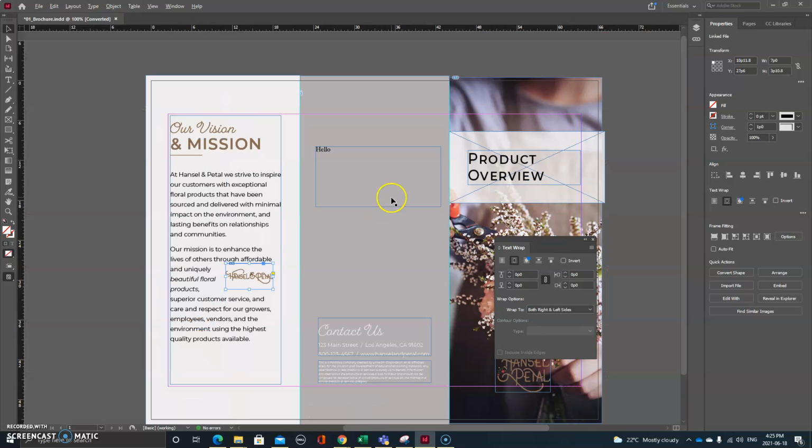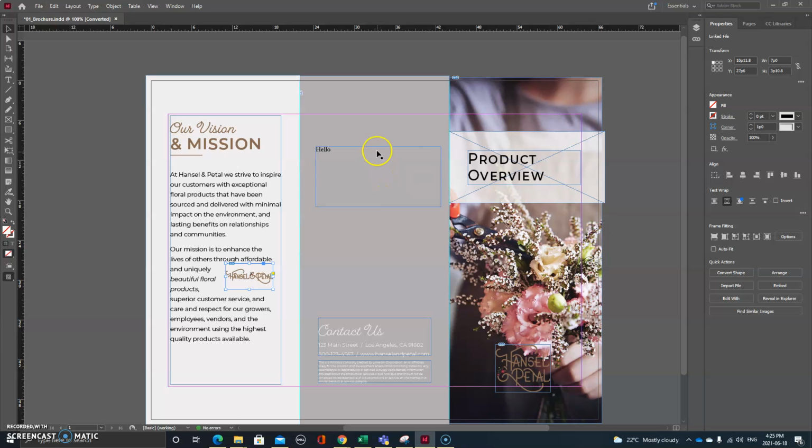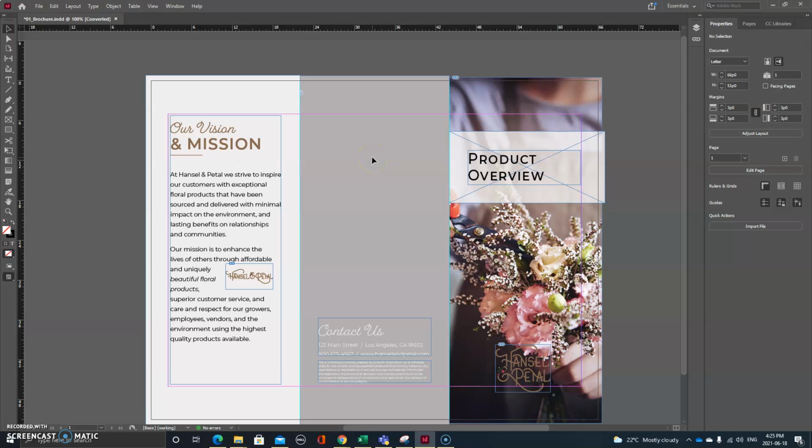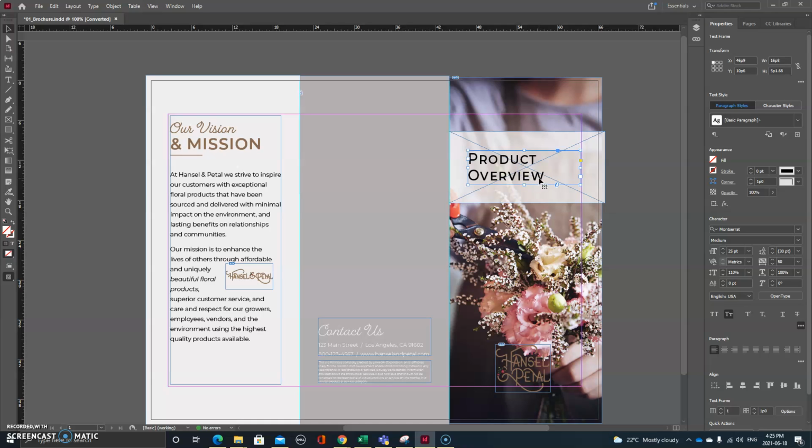Do a couple other little things here just to fix this up. I think we've covered everything. Close that up there. Highlight that. I'm going to get rid of that one. We didn't really need that there. Product overview. Yeah, I mean, let's just change up this text color perhaps. So if I've got that